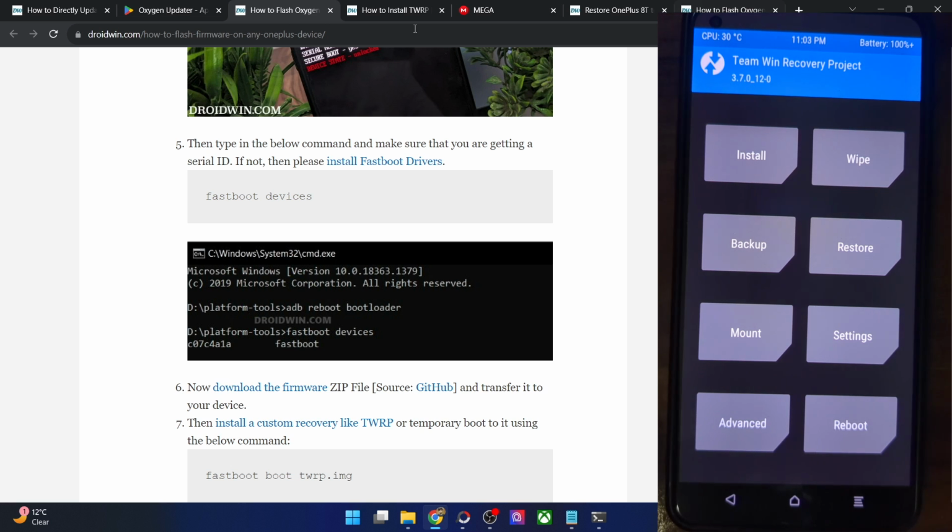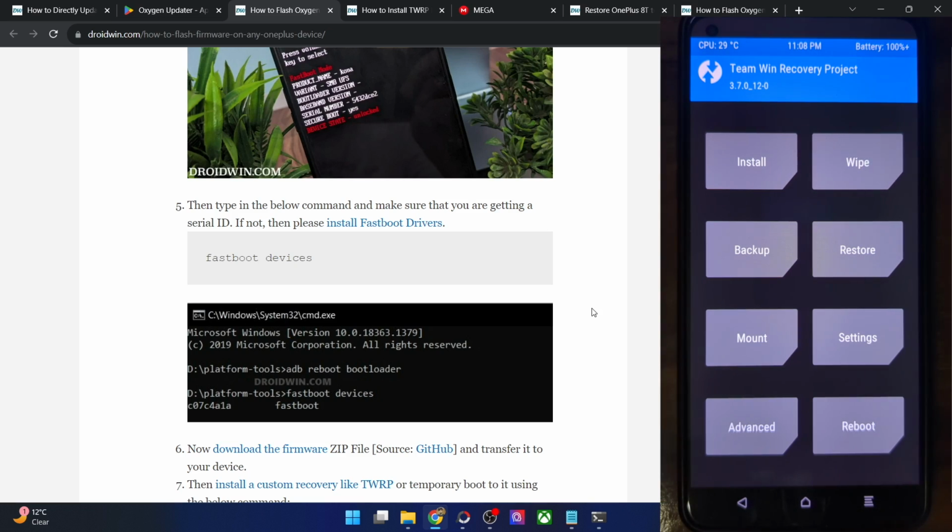So in my case, since I have unlocked the bootloader, the recovery file has been removed from my phone because it has undergone a factory reset. So let me transfer the file once again. It will take only a few seconds. So let's do the transfer. And if you are unable to see your phone in the TWRP mode, then you may also use the ADB push command to get this job done. Anyways, let's now move ahead and flash the firmware.